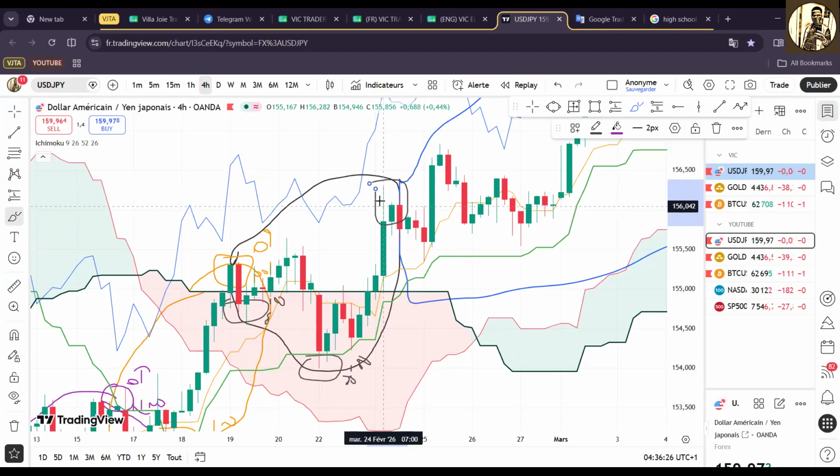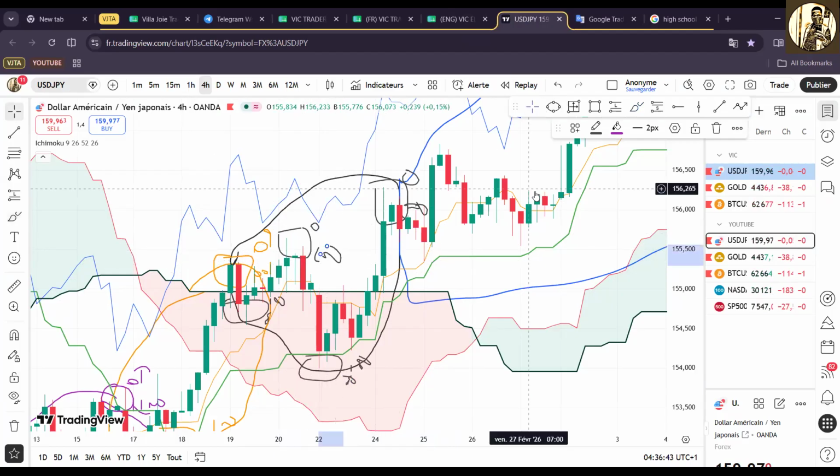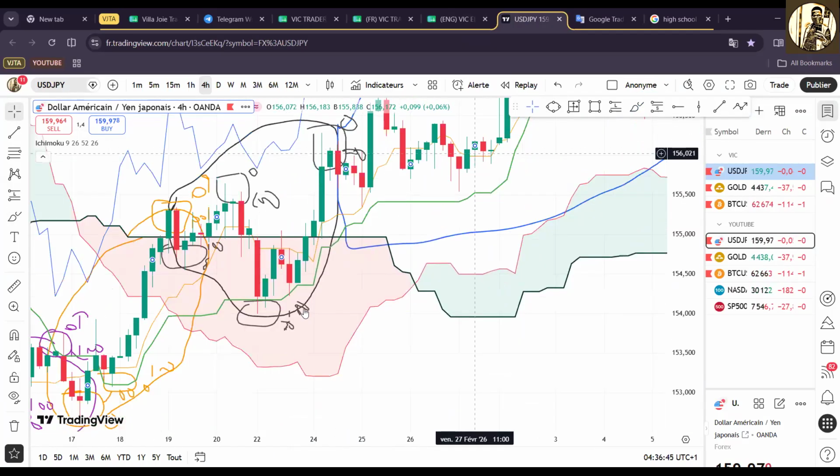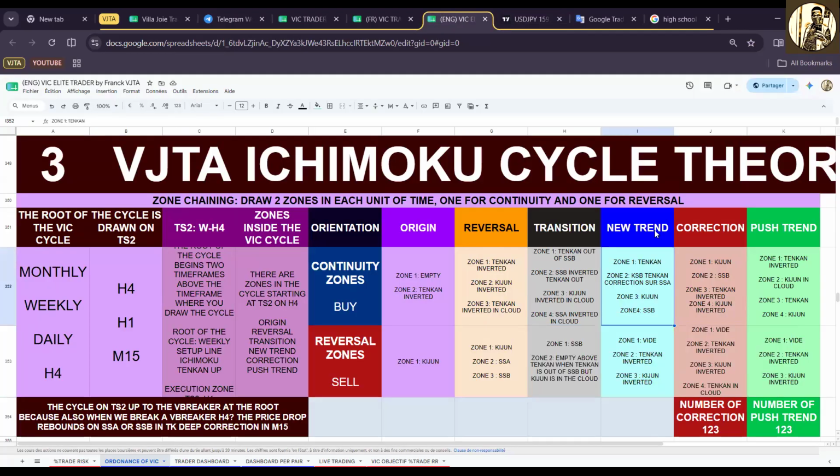This SSB is a zone of reversal, where you have 0 and 100 like this, because at this point Kijun is still inside, Tenkan is out, but it's a zone of reversal. Even this one is a zone of reversal, 0, 100. So you see that we are having something interesting. And now the new trend, the zones